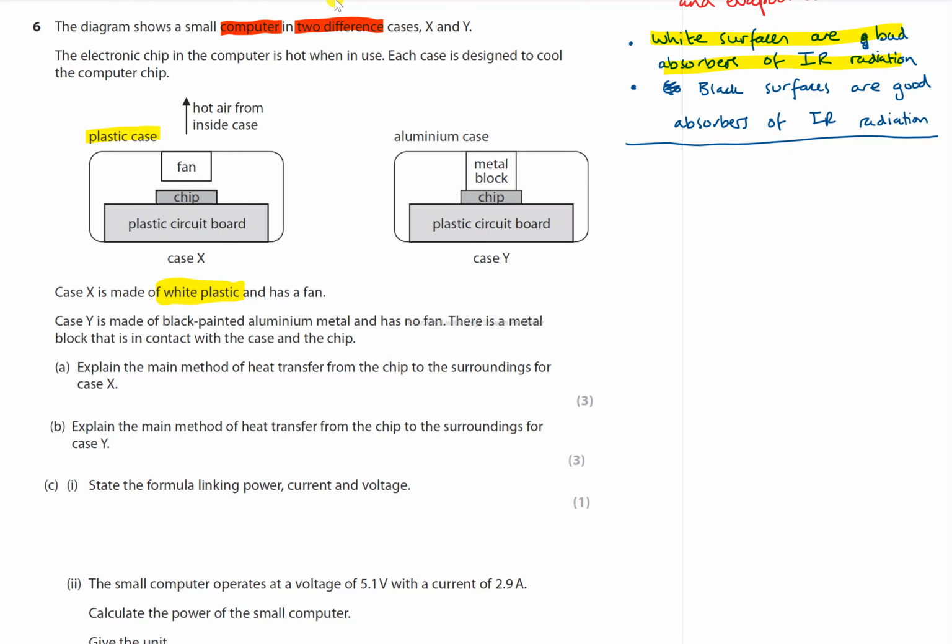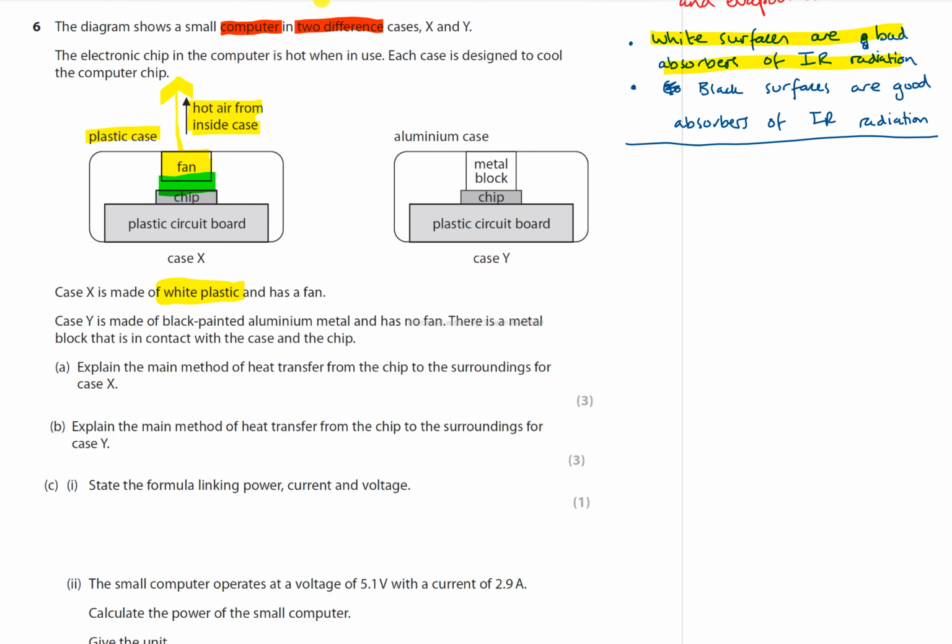We've also got a fan and hot air from the case inside is blown out. So we're getting convection. There's a gap here, so that means that there's no conduction. So any heat is via